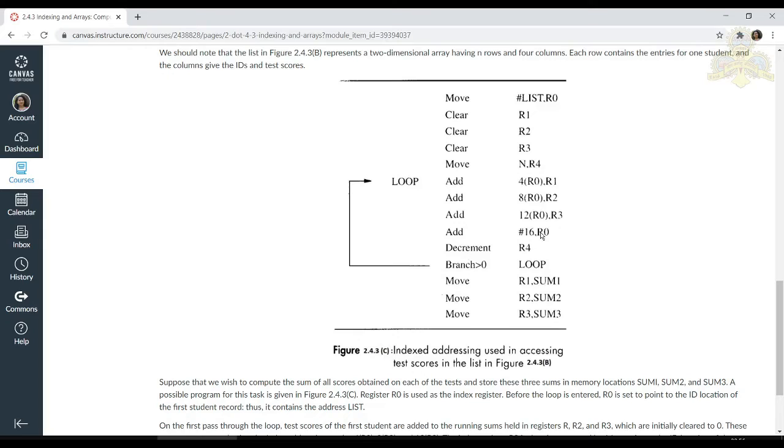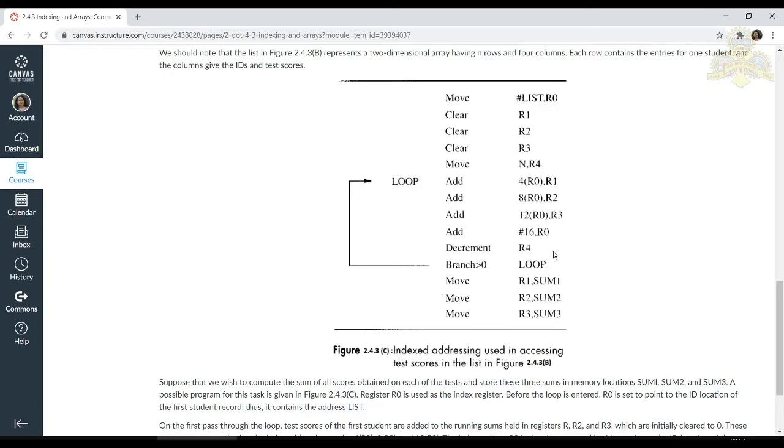So this time what happens? Student 2's test 1, test 2, test 3 marks would be added with the content of R1, R2, R3. In the first iteration, R1, R2, R3 contained the test 1, test 2 and test 3 marks of student 1. In the second iteration, student 2's test 1, test 2, test 3 marks would be added and stored in these 3 registers. Then we decrement R4.